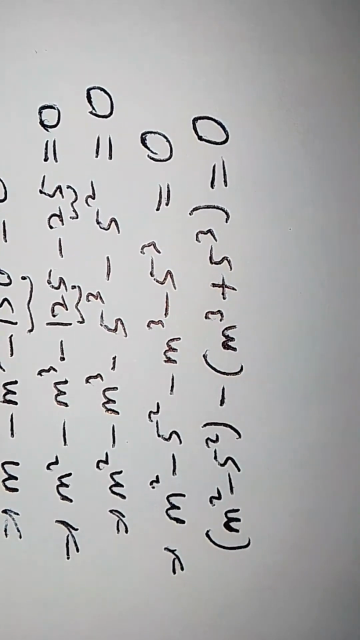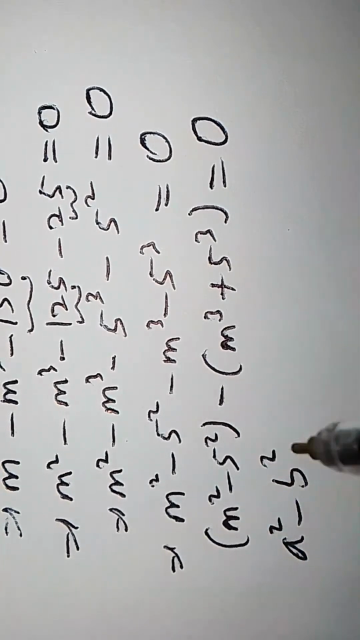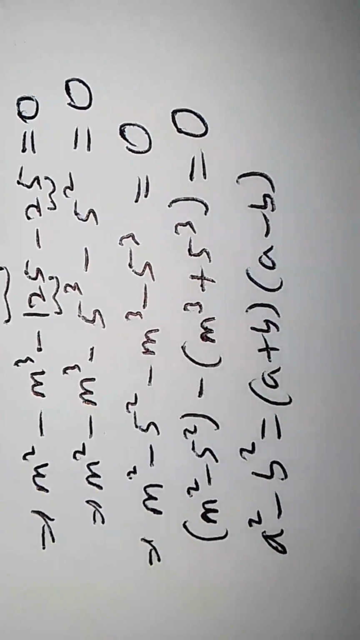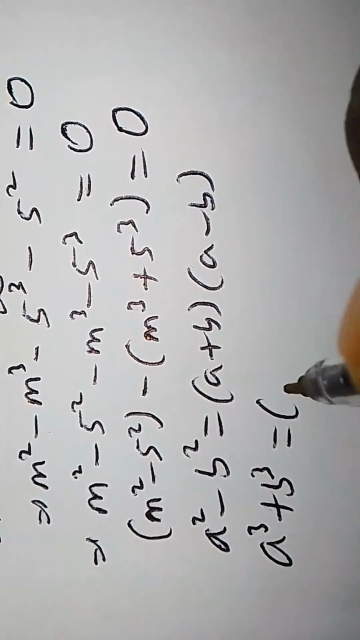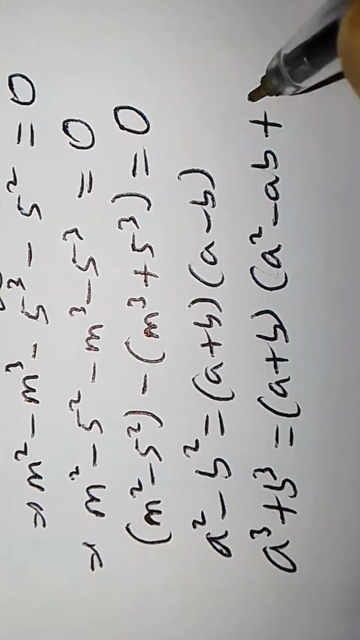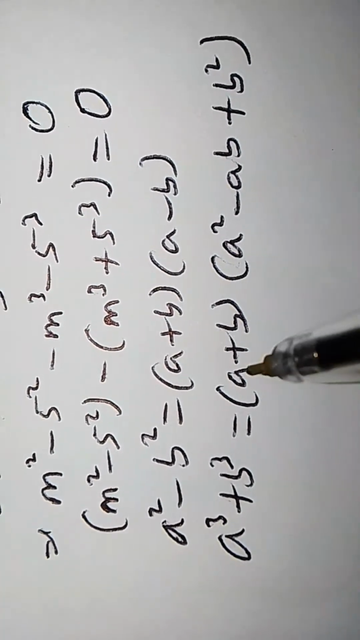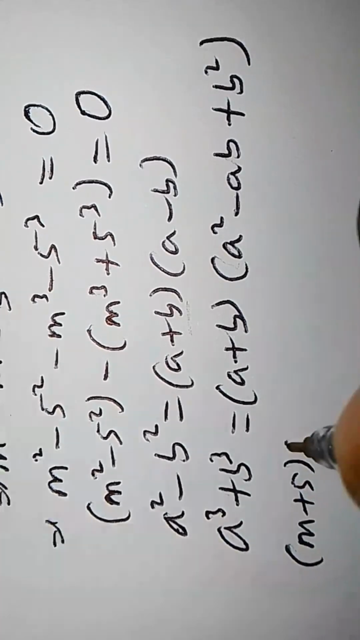Now, at this stage, let's recall some beautiful properties from algebra. The first one is difference of two squares, which says a squared minus b squared is equal to a plus b times a minus b. The second property is a cubed plus b cubed, which is equal to a plus b times a squared minus ab plus b squared. Take note of these two properties. Very important. Applying this first property, difference of two squares, to this, we simply have m plus 5 times m minus 5